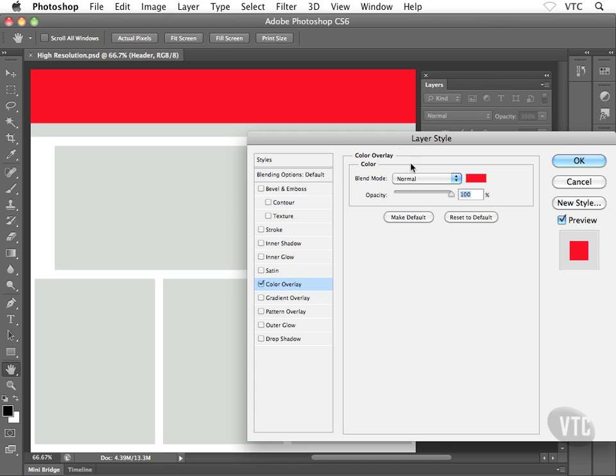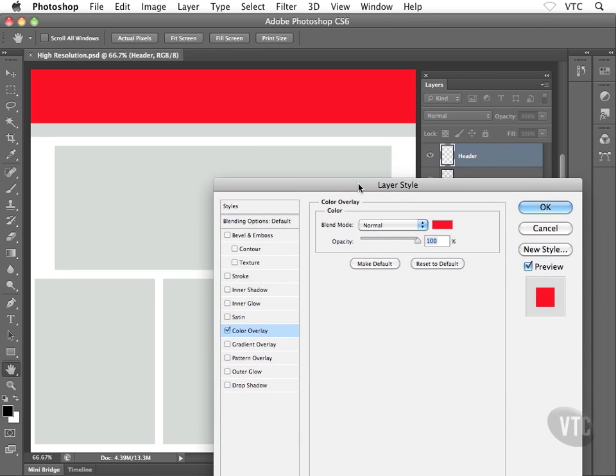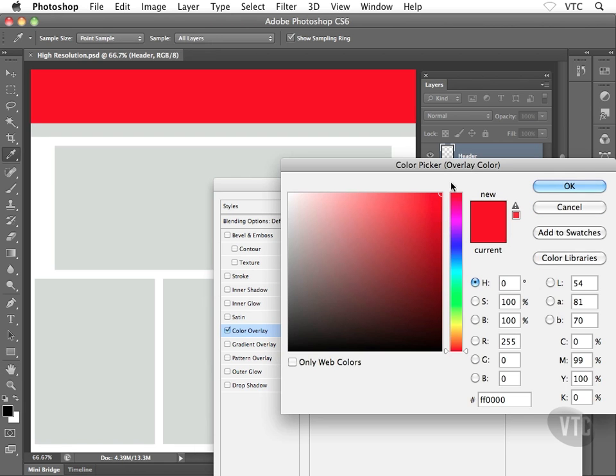So how this works with the layer style dialog box, again, just in case you've never done this before, is we're applying a solid color to all of the pixels that reside on the header layer. Okay, that's exactly what we're seeing here. And the default color, as you can see, is red. So what I'm going to do is change that color by clicking on this color swatch. Now, if you don't see these settings here, make sure that you actually click on the text there on the left, color overlay, and then you can click on this red color swatch, which will bring you into Photoshop's